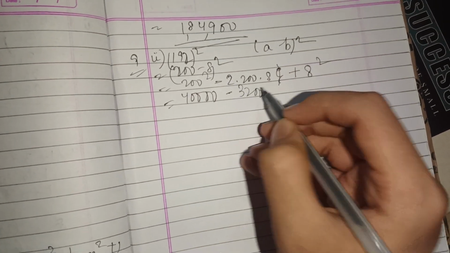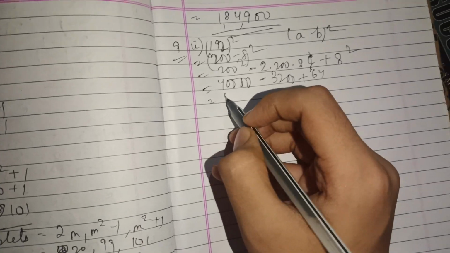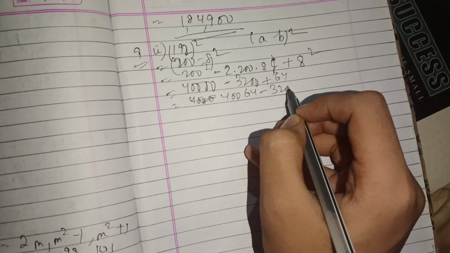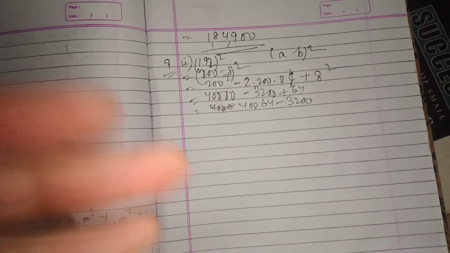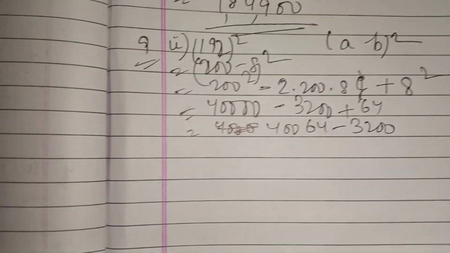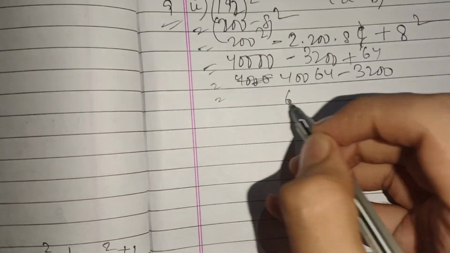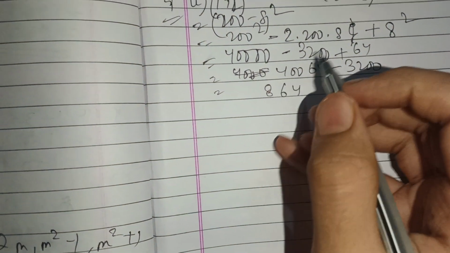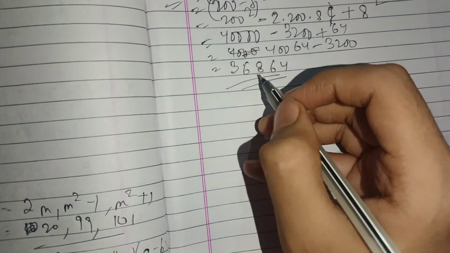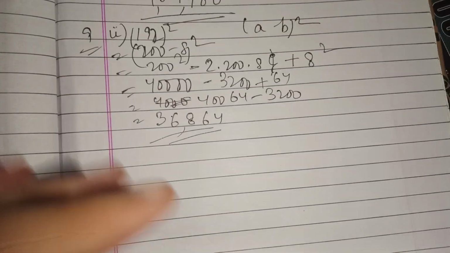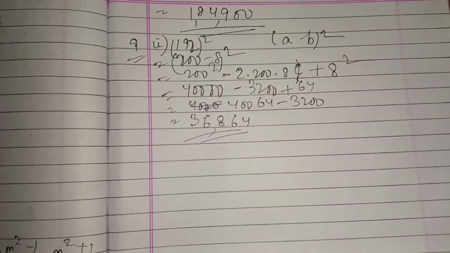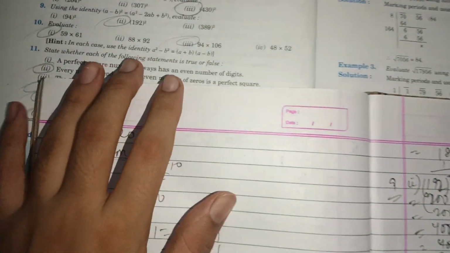Then 200 plus 64. I always said, always add the positive terms first. Okay, always. 64 to 8, it will be 36,864. If any calculation error is there, you can check it out. Okay, sorry for the calculation error. Okay, then